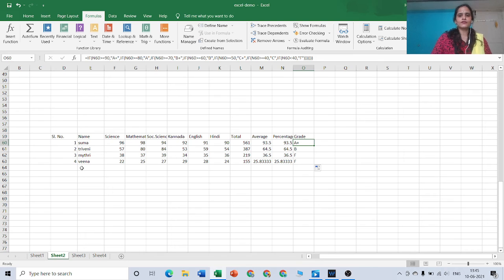So let me see whether it works for the other numbers also or not. Let me try it. Okay, so I will insert one more score.